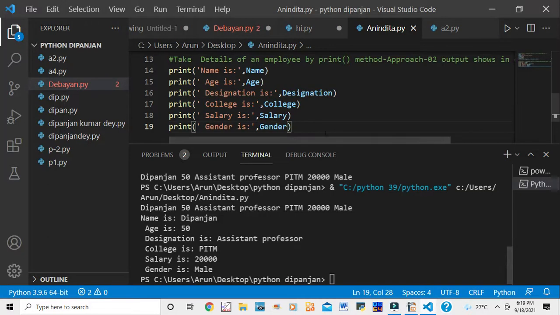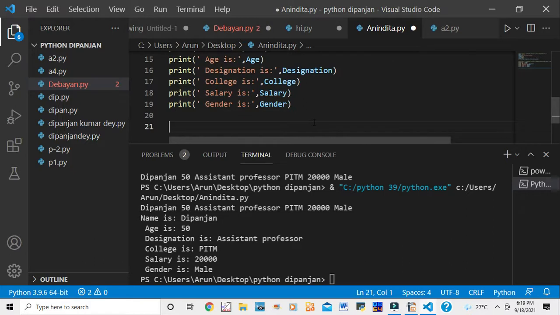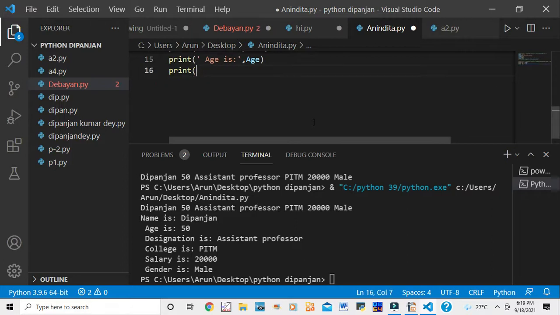So what I am doing here: in the previous one I have to remove all these things. I want to save the program and then run. Just follow me. All previous things I am deleting here. Then I want to run freshly, one by one.